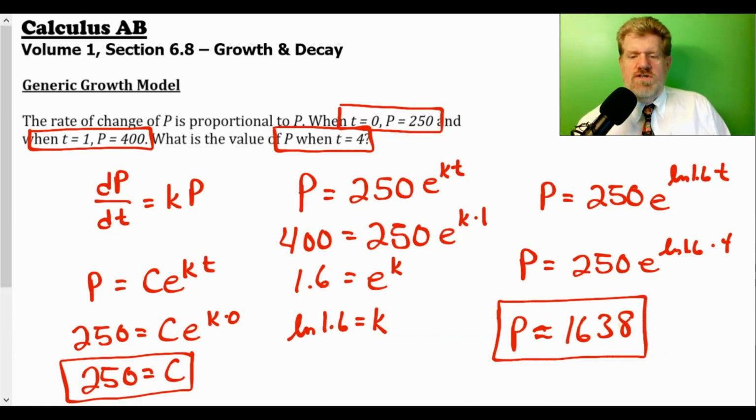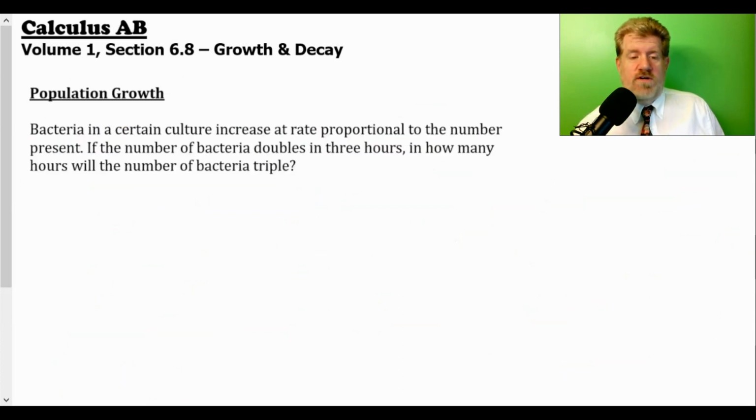So assuming that this rate stays constant in time of 4, call it 4 days, 4 years, 4 months, there will be this much, starting with 250. So 2 steps. Find our initial starting value, find our constant of proportionality. Once you have the formula, we can do anything we want with it. For example,